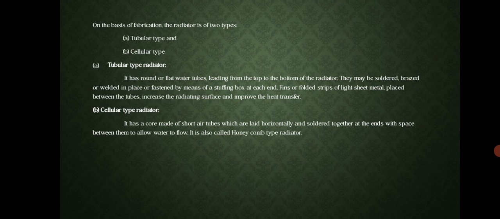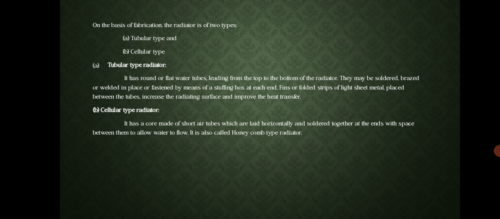Tubular type radiator. It has round or flat water tubes leading from the top to the bottom of the radiator. They may be soldered, brazed or welded in place or fastened by means of a stuffing box at each end. Fins or corrugated strips of light sheet metal placed between the tubes increase the radiation surface and improve the heat